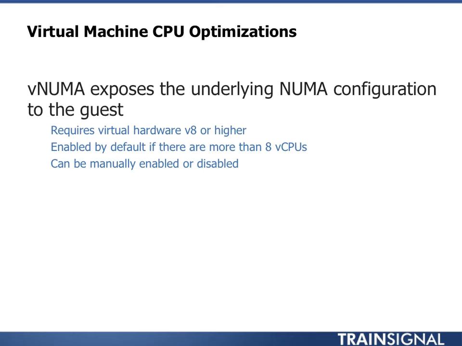So I just hit on NUMA a little bit. Basically, it remembers that direct attached memory. It makes high-speed memory access from a CPU, but you have to cross a bus to get to other memory on other CPUs. And you have what's called virtual NUMA. It exposes the underlying NUMA configuration to the guest, and it requires virtual hardware version 8 or higher. And it's enabled by default if there's more than 8 vCPUs, which is fairly rare, but you can enable it